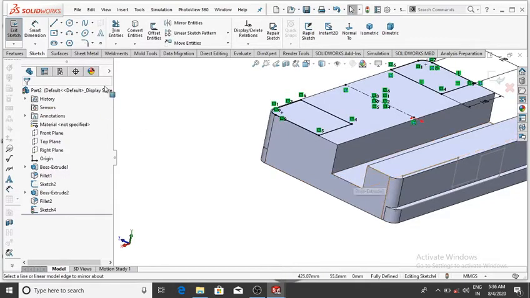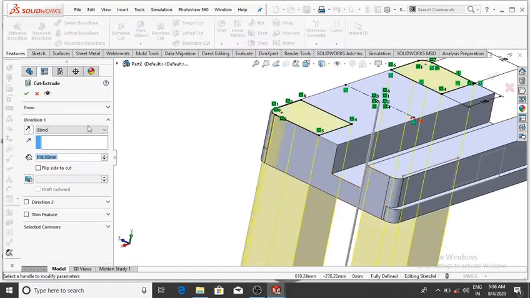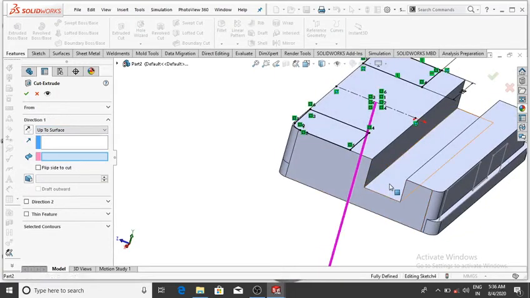Now go to the feature and select extrude cut, and the condition will be up to the surface, and select this surface, then OK.